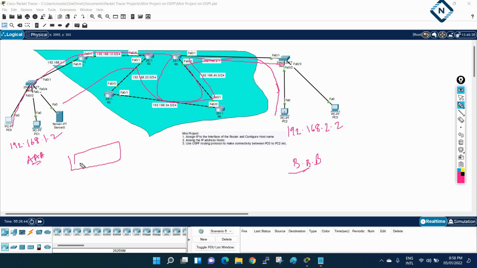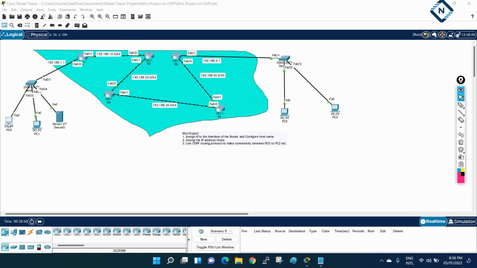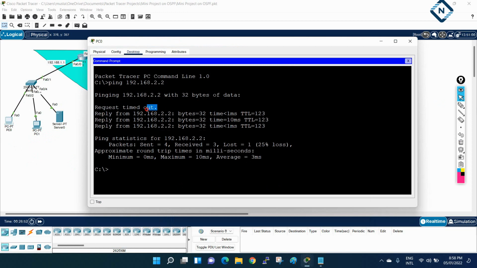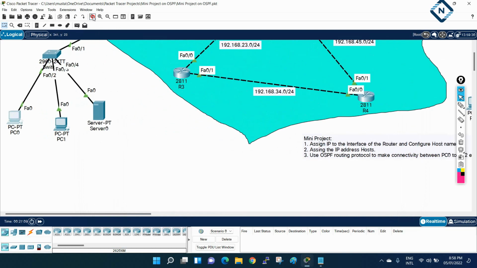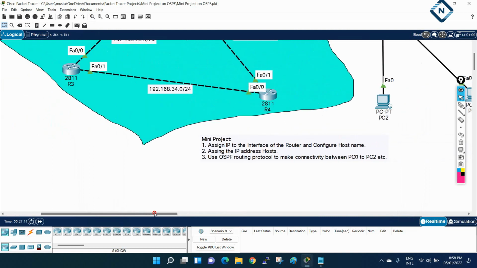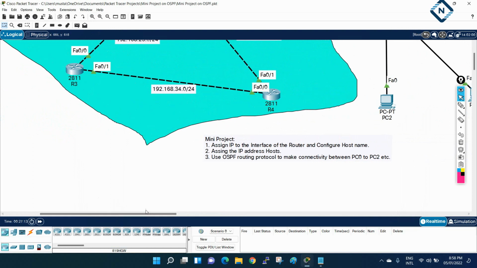Then in the Ethernet frame, they are going to put the destination MAC address and forward that packet. So for that process, we are going to lose one packet here. If you see the request timeout, we lose it because of ARP. ARP is nothing but Address Resolution Protocol. It gets the MAC address from the IP address. Okay, so our assignment is successfully done. If you see here, we performed our task, whatever our manager gave us, and we successfully finished our project. Okay. Thank you.